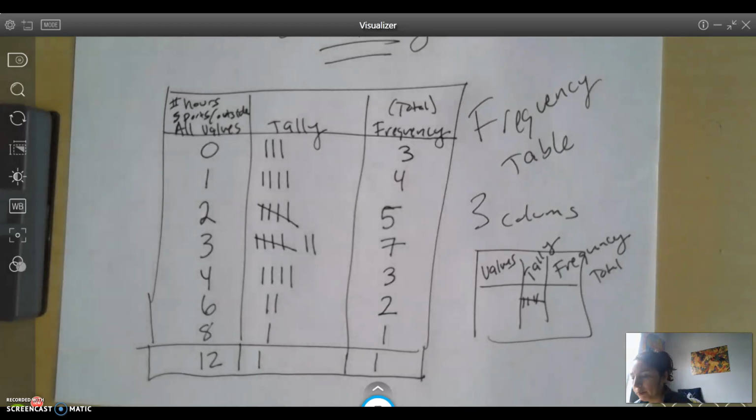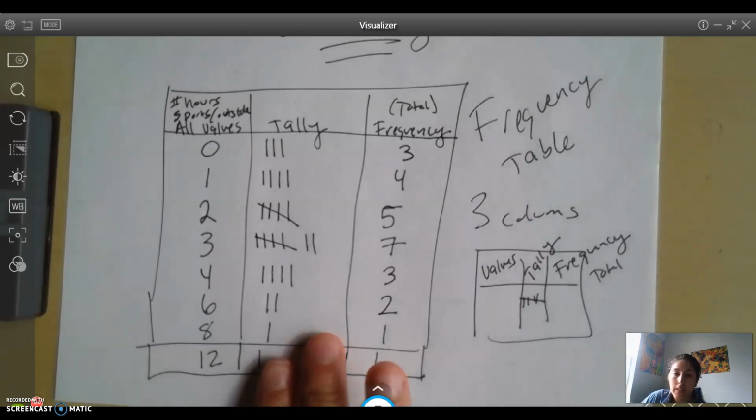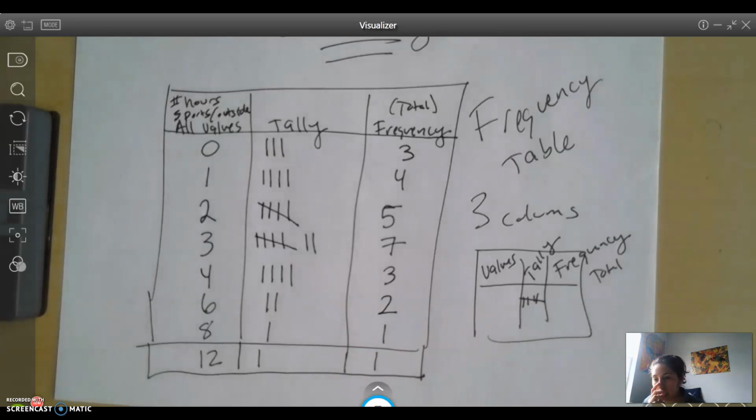Okay, pause. A mistake was made, right? So stop and think, look at the table, see if you can find the mistake. Pause it if you need to. Come back when you have found it. Okay, and the mistake is